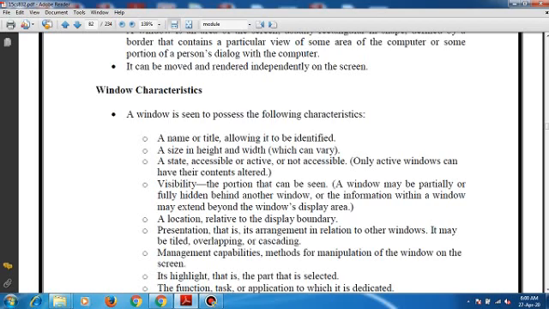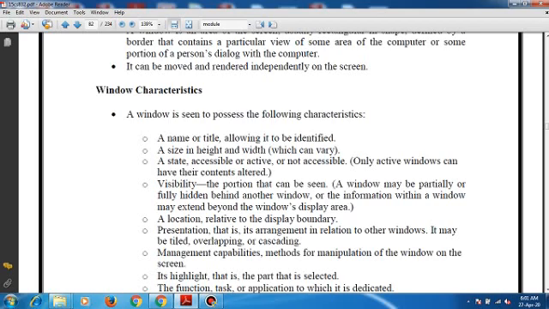Only active windows can have their contents altered. Visibility, the portion that can be seen. A window may be partially or fully hidden from another window, or the information within a window may extend beyond the window's display area.